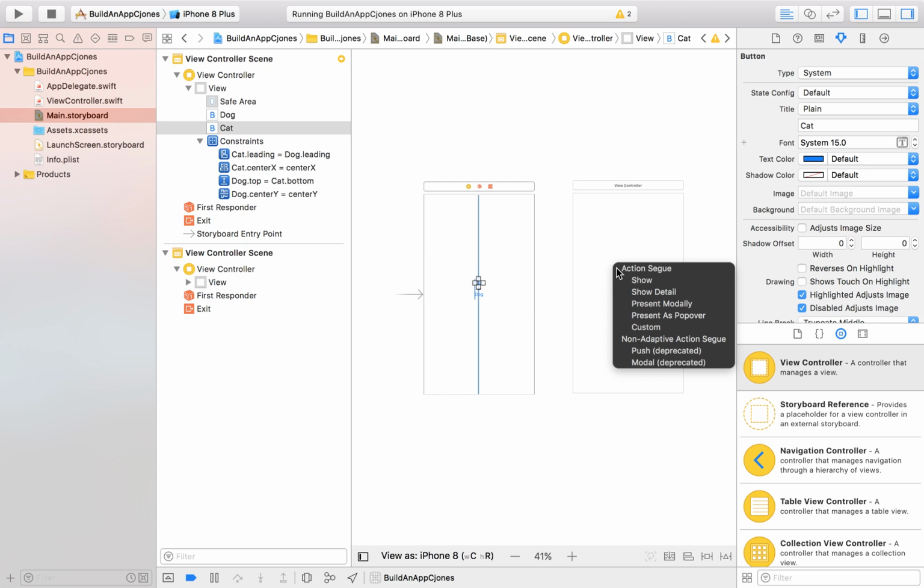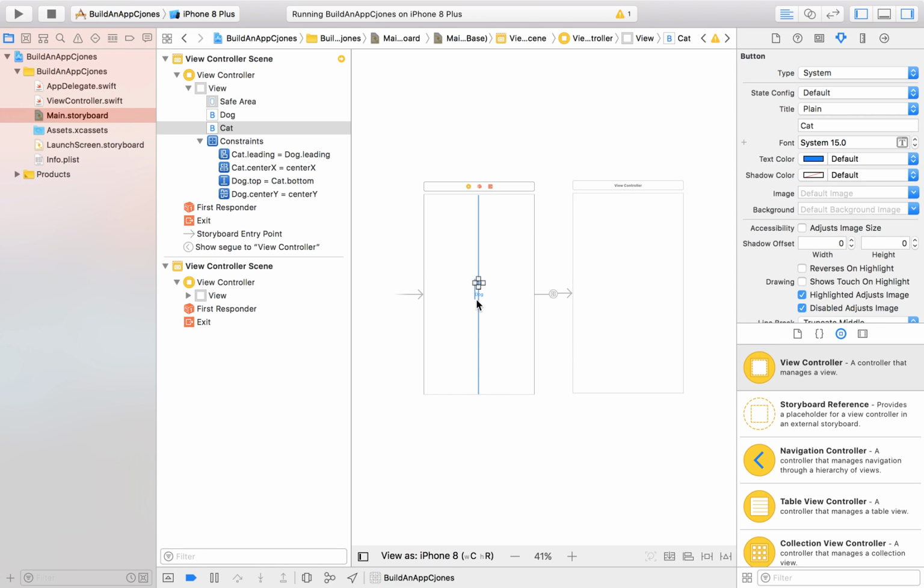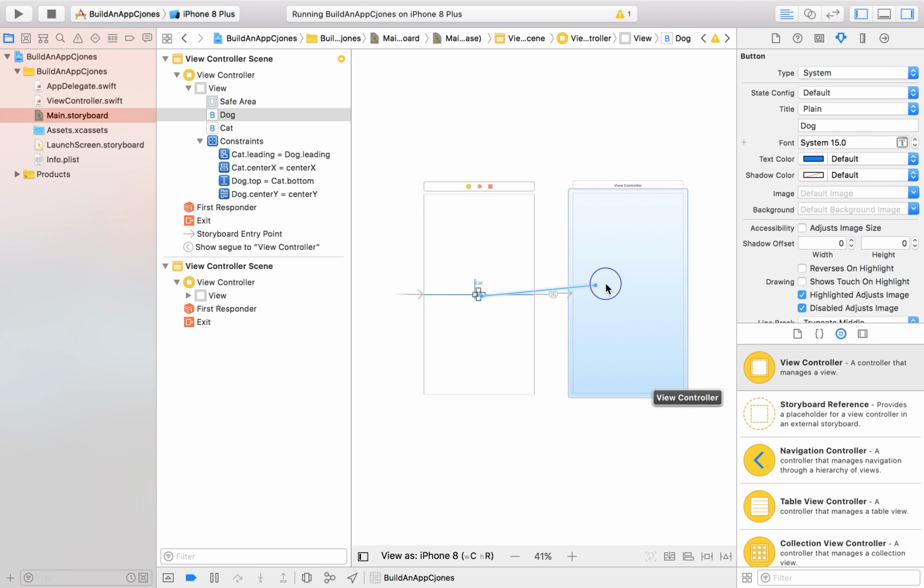Great. Now it's going to give you this little pop-up. This pop-up is just going to give you the options of how you want to show it. You can show, which is just going to slide it in. You can present modally, which is going to make it look like it's coming in from the top, or show detail. You can look into how these show differently, but it doesn't really matter. Let's just do show for right now. And then let's do the same for dog. So Control, drag,